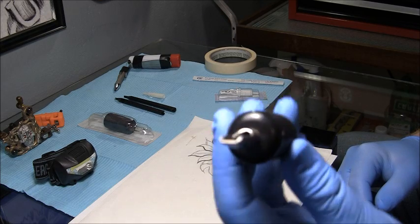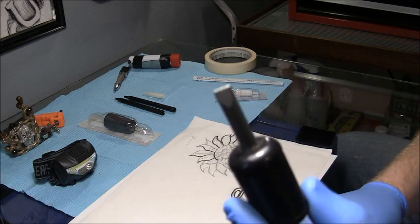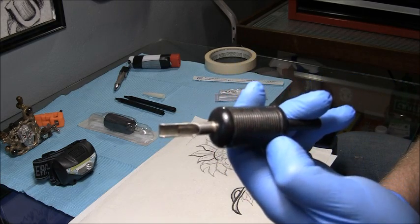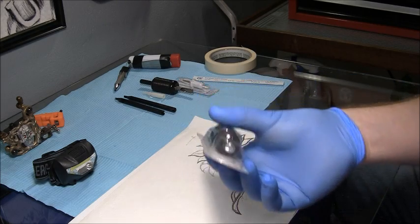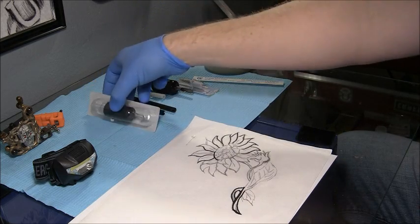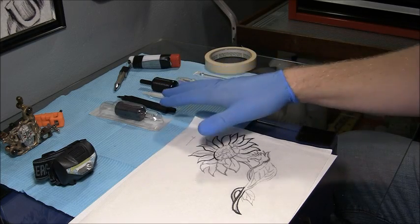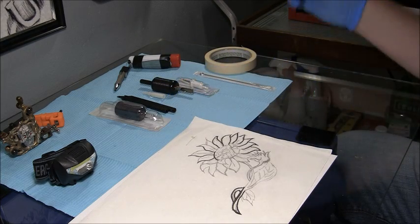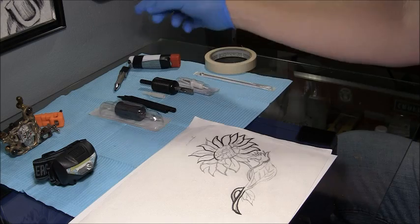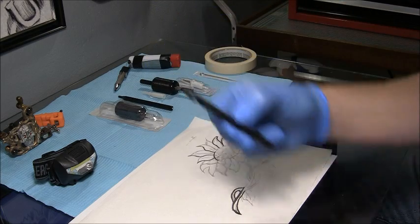And you can see, you're not going to be able to see through that, but you can use this just fine. The advantage with a clear tip is just being able to see a little bit better. Give you a little more insight into what's going on in the tip of your needle. A lot of times too, if you're mixing colors while you're tattooing,